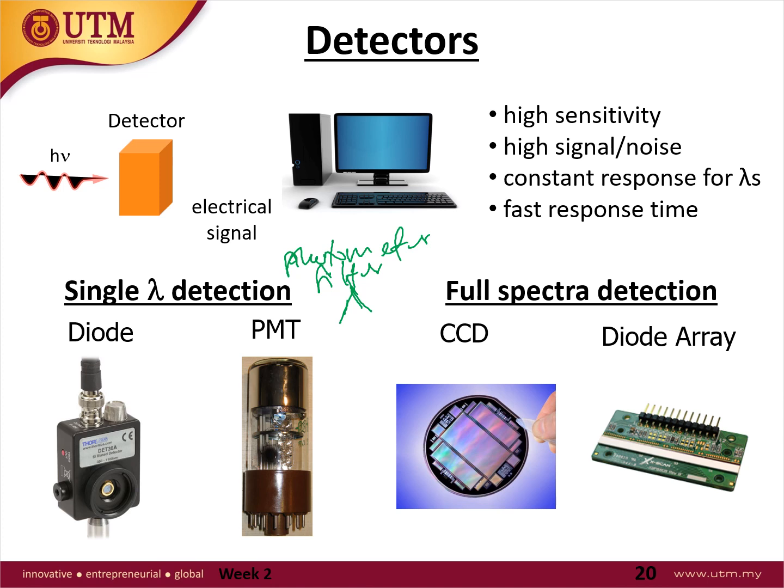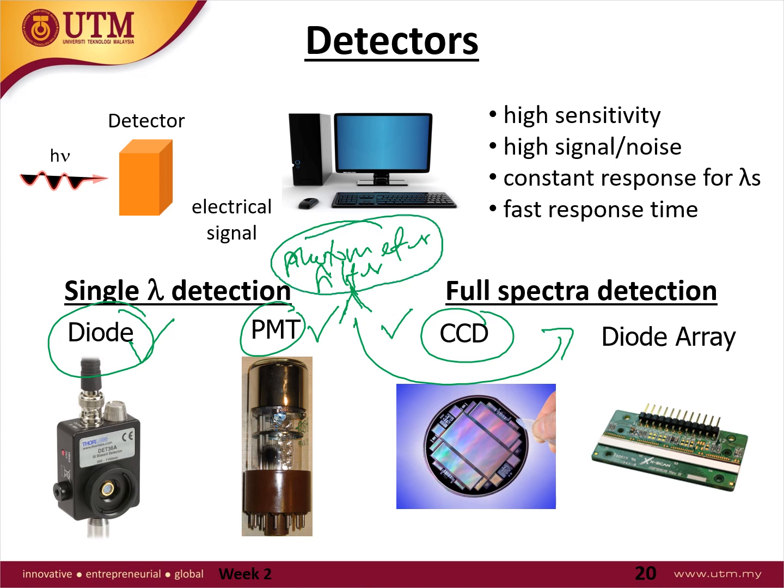So using PMT is the correct choice. Using diode is the correct choice. Can you use CCD? Yes, you can, but it's a waste of money. Okay, the same thing for diode array. It's not suitable to be used with a photometer. Whereas if you are using